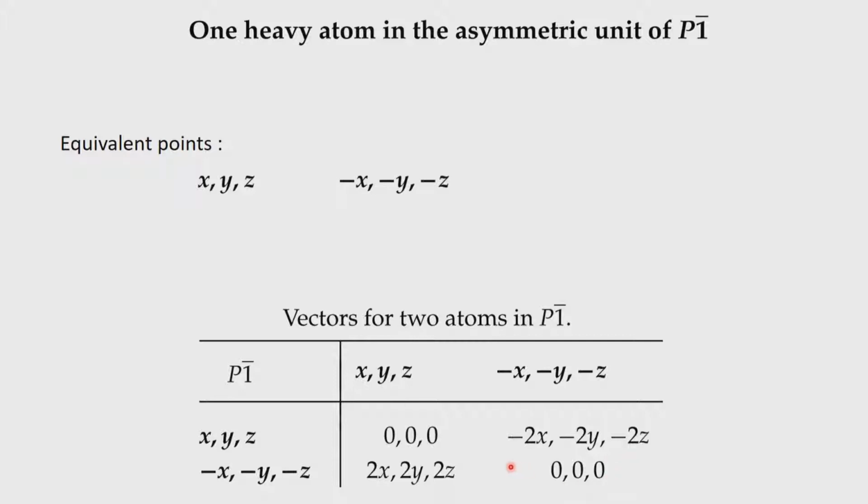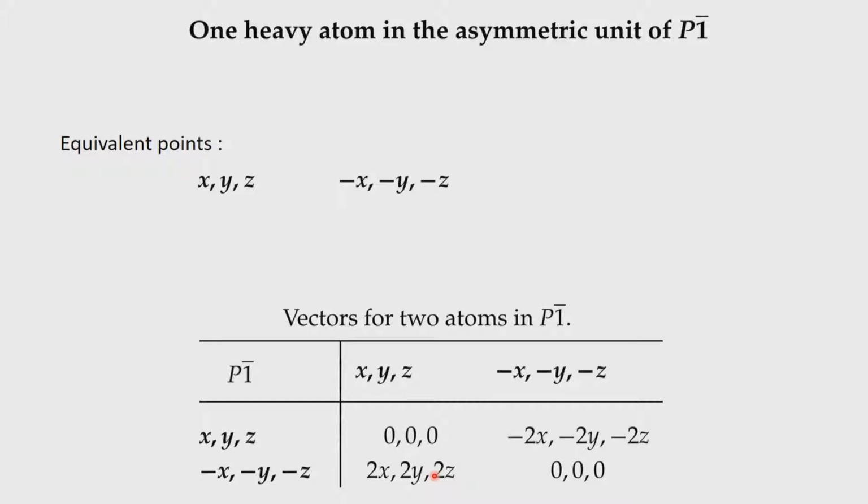So, that means if you compute the Patterson now, in the Patterson diagram we will get, suppose there is a heavy atom in the structure. The heavy atom is associated, let us say, with x, y, z, and x bar, y bar, z bar is automatically there in the space group P1 bar. The x, y, z position can be determined because we get two vectors, one at minus 2x, minus 2y, minus 2z, and the other at 2x, 2y, 2z. So, since we get two vectors, we could look for a solution for x, y, z. So, in principle we are able to find out the position of the heavy atom.